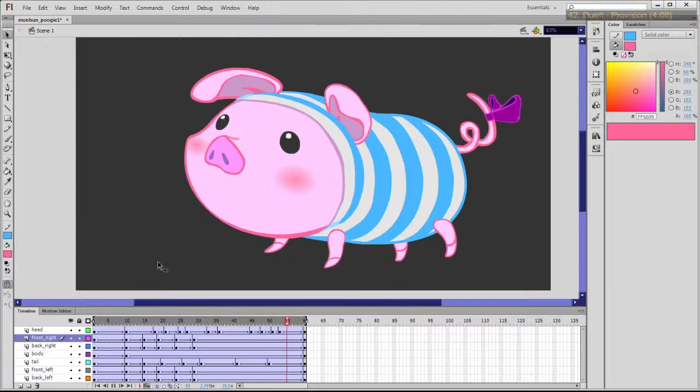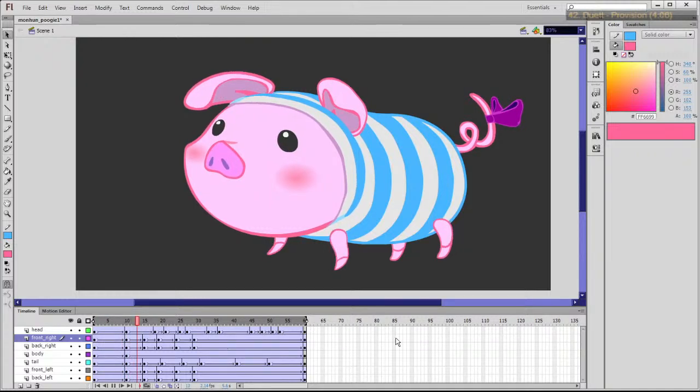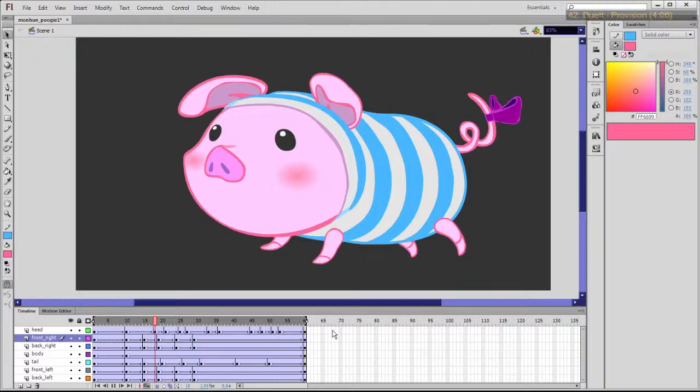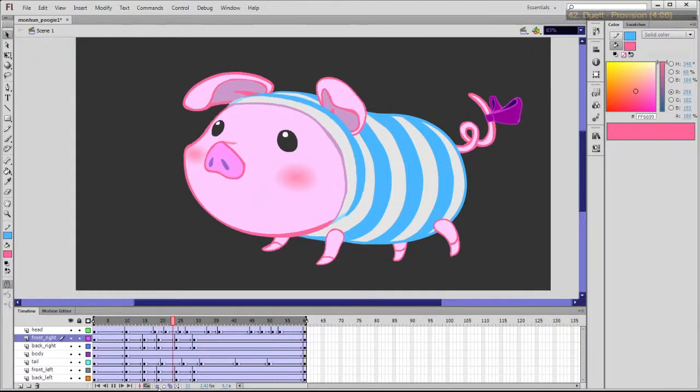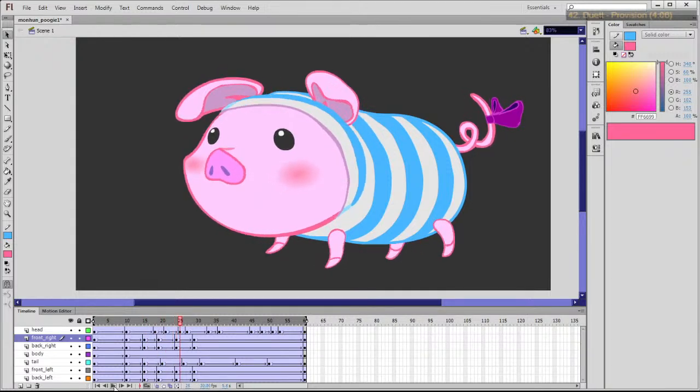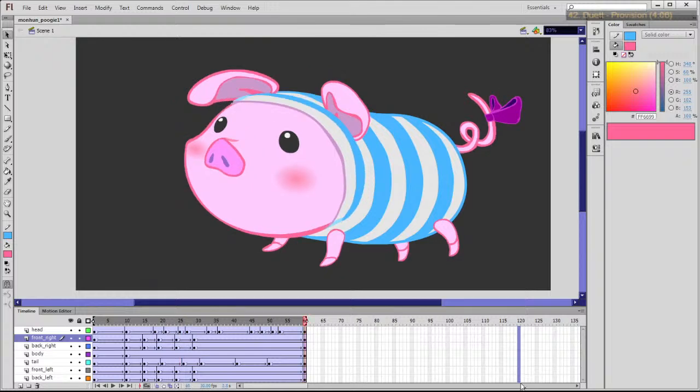Alright. Yeah, I feel like I could move the legs a little more, but I'll definitely have to add more frames. Maybe repeat the frames. Oh, let me try something. Oh my gosh, it's lagging so bad. I'm gonna try and add all the way to 120 frames here and see if I can get